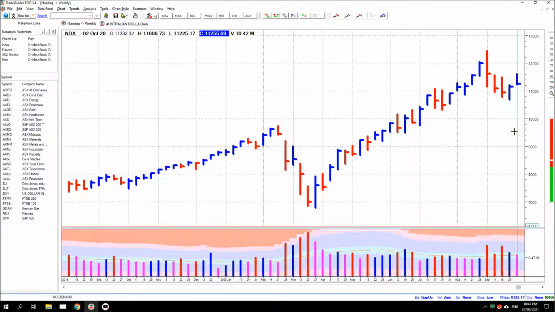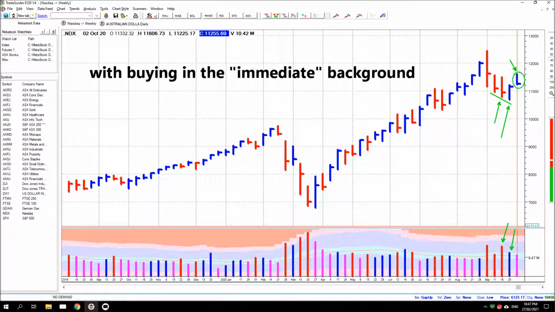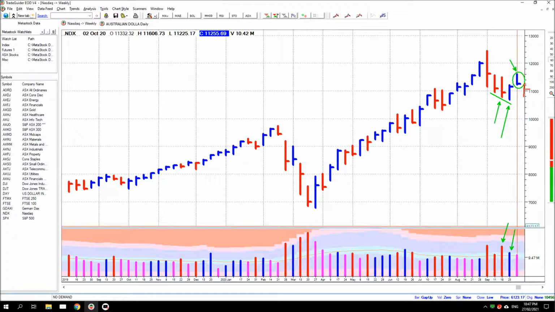Now this bar appears weak, but how weak is it really? You've got buying in the background, most likely on this bar, most likely on this bar, which are these two volumes. So although this bar looks weak, it's more likely an absorption bar with buying in the background. In response, you may get some sort of test bar, or if the market is getting really strong, you may find that price pushes up in response and closes higher.